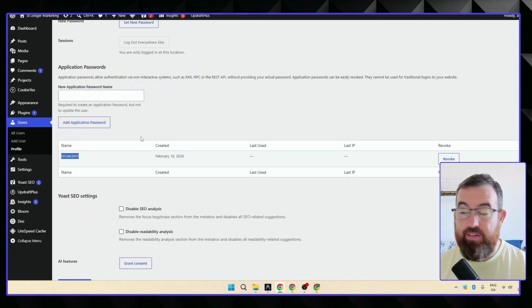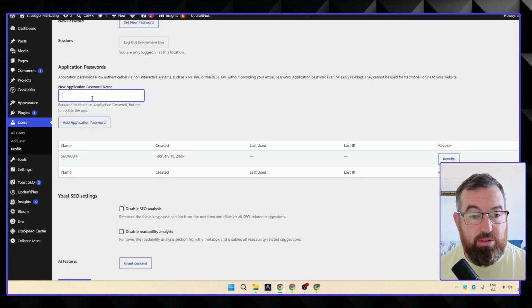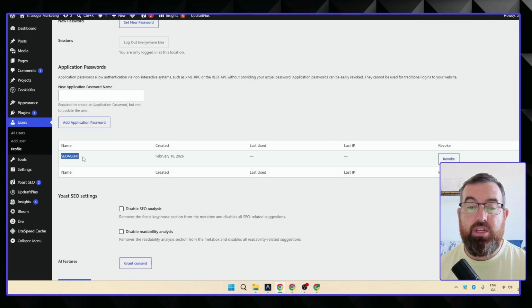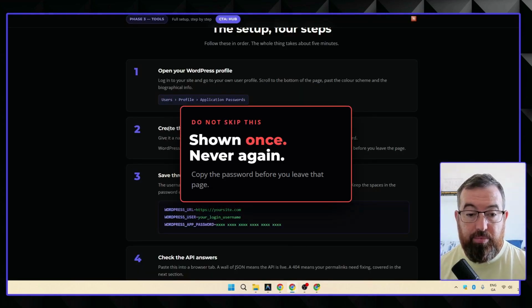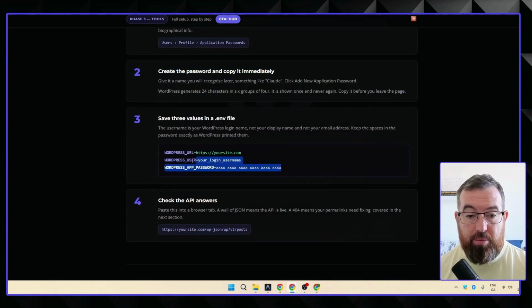Now again, I have the SEO agent already set up. So you just put in the new application password. It's going to create basically a new agent for you, and all it's going to do then is give you information that you need to put in. This information is vital for what we're going to do next. So create the password and copy it immediately over to something,